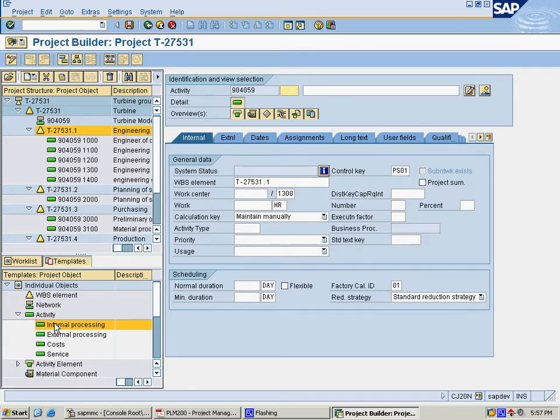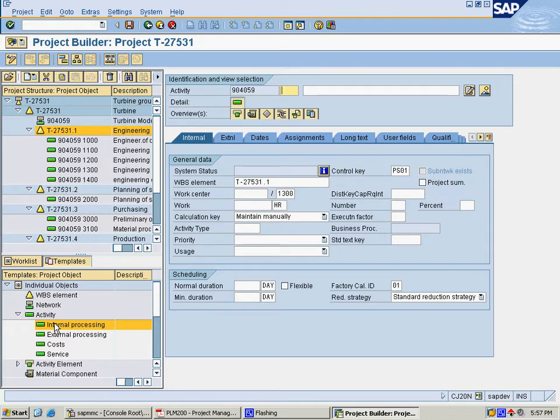This is another way of creating the activities. The way earlier, we just went to the activity overview in the particular WBS element, and we added a new entry in the external processing tab page. And this is another way by choosing the respective WBS element, and we are choosing the respective activity in the